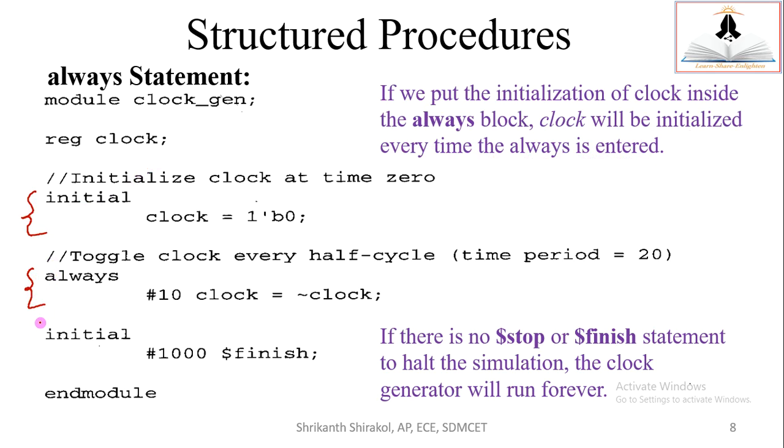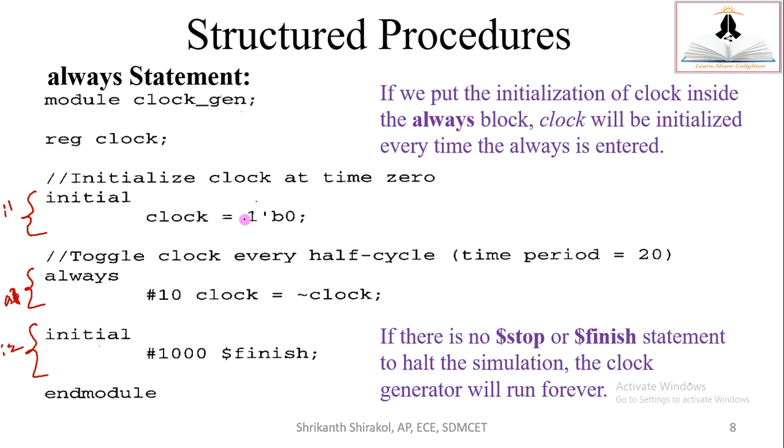There is an always block here. There is an initial block. All these are single statement always and initial blocks, sequential blocks. Or else I can say always A1. This is I1, I2. So two initial blocks, one always block, and all these are single statement, so hence no begin and end are used.